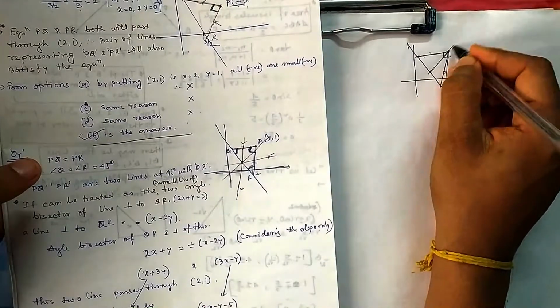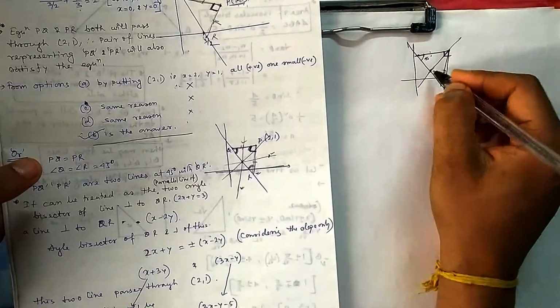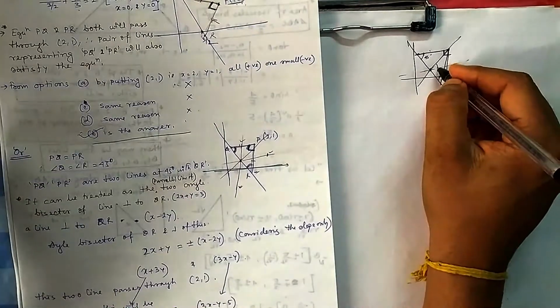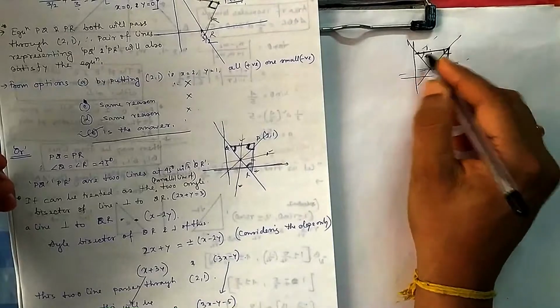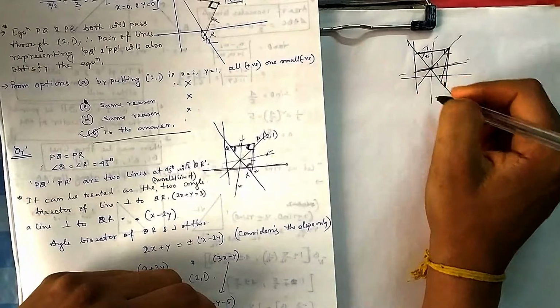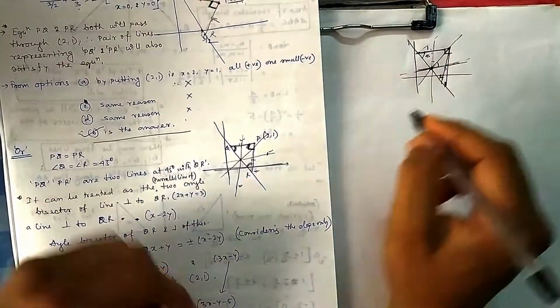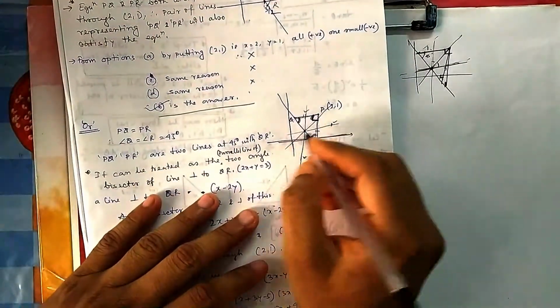So if I draw a perpendicular line, this angle is 45, this angle is 45. If you draw a perpendicular and take the bisector of this one, this angle will also be 45. So this line and this line are parallel, you can see. And if you take this bisector, this is 45, so similarly this is 45. So this will be parallel. Or let me draw it here, because here the drawing became very good.